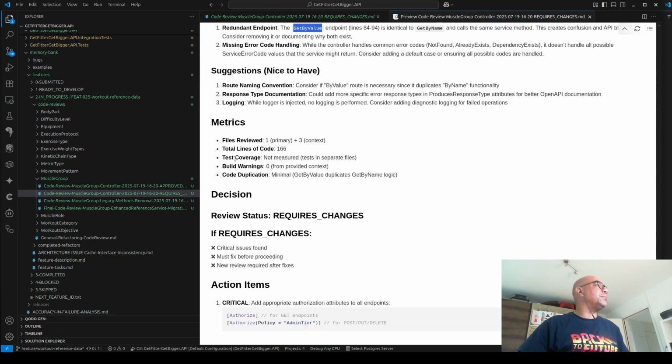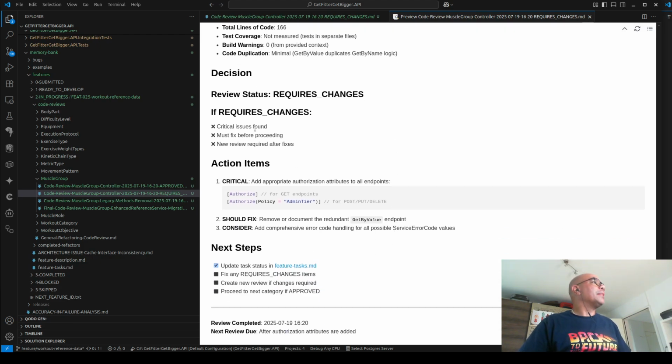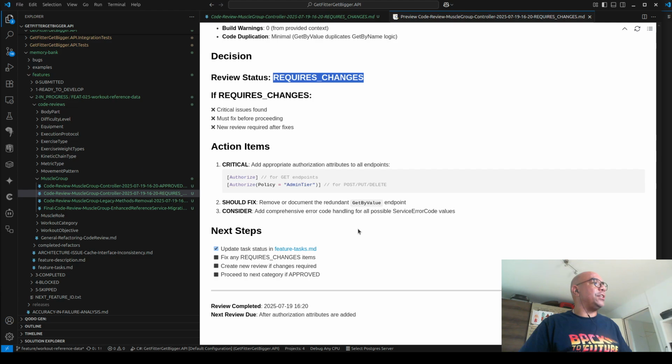Some of the metrics of these, how many lines. Another metric that I have is that I try to keep all the methods under 20 lines of code. This is just something that I asked the reviewer to check, but it's not something that's totally enforced. I try to keep that rule in place. Then the decision: this will be a review that requires changes, all the changes that you need to ask me to do, and then I can go and ask, okay, based on this review, go do